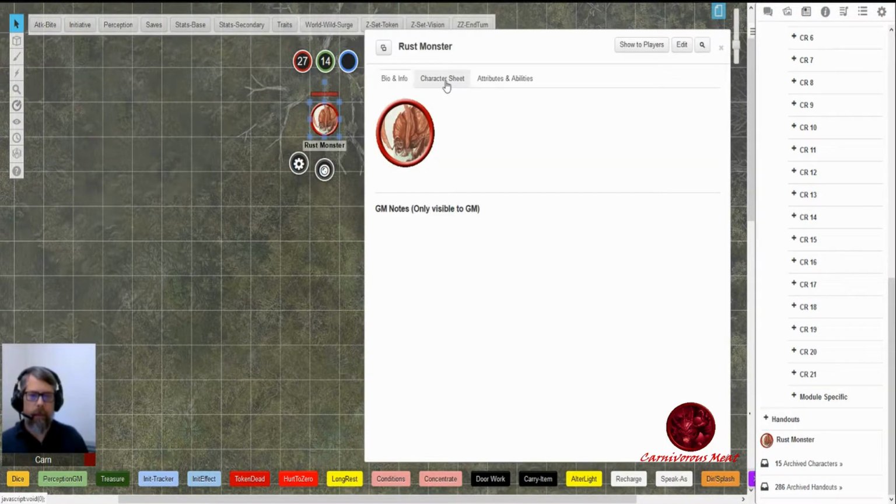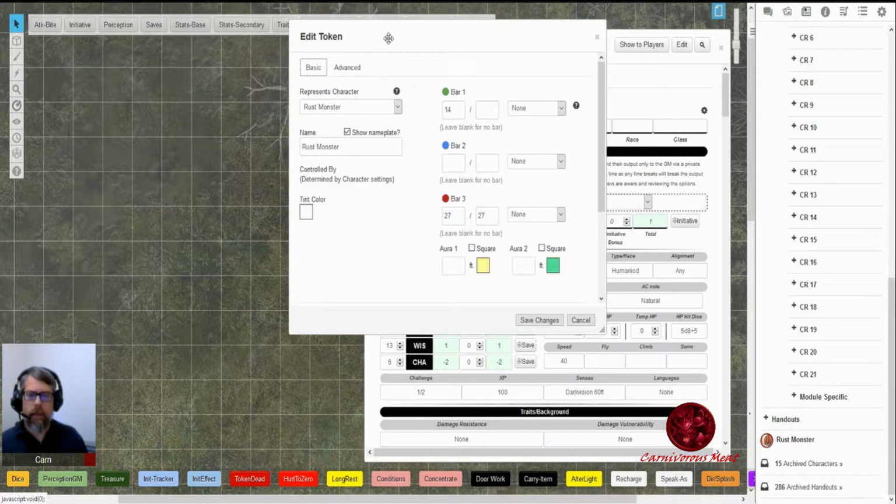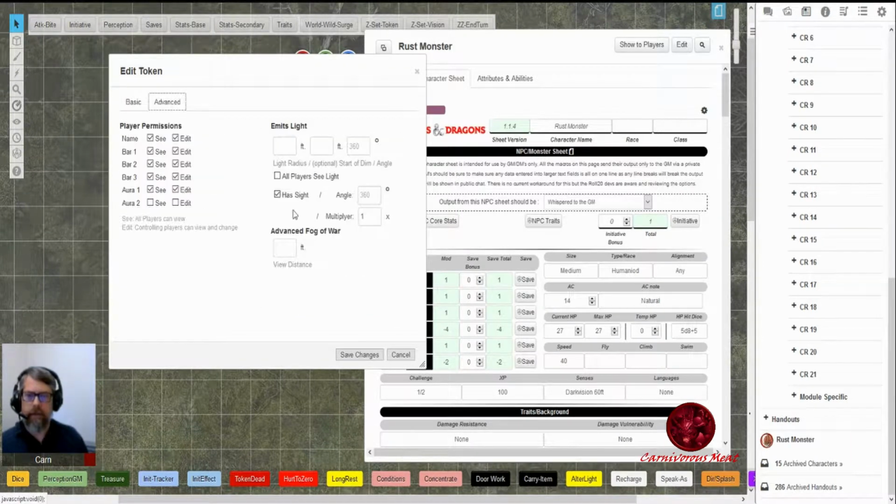Because if you remember, the character had dark vision 60 feet. So we need to assign that to the token. So we're going to come over to advanced. It has sight, it has 60 feet. Dim light starting at 1, 2, which is dark vision basically for creatures in Roll20